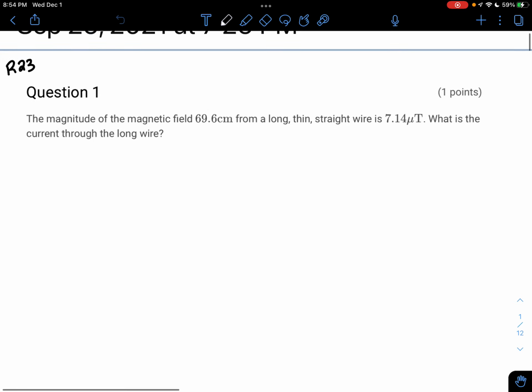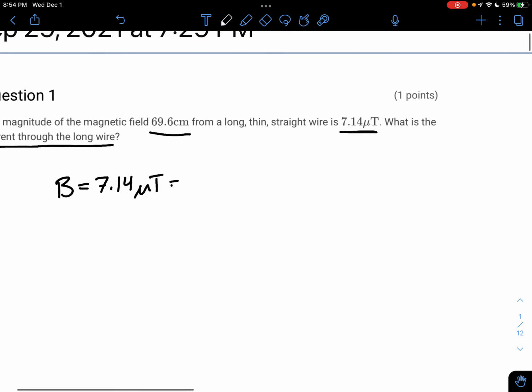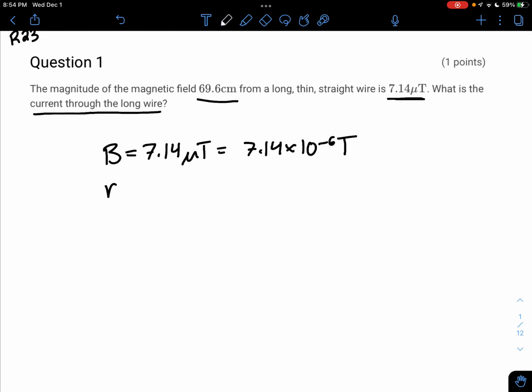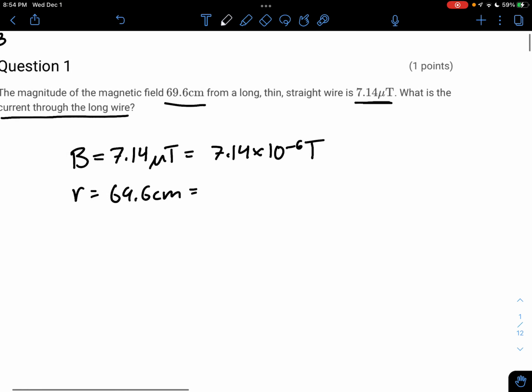For this one, we're trying to find the current through the wire, given that the magnetic field is 7.14 microteslas, 69.6 centimeters away from the wire. So our magnetic field, 7.14 microteslas, always into base units, is 7.14 times 10 to the negative 6 teslas. And our radius, our distance from the wire, 69.6 centimeters, again always into base units,